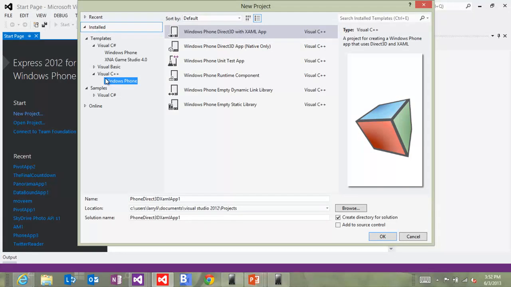We love XNA, and we wish that the teams that own those sets of technologies were going to continue to evolve them. We're going to maintain and support them as long as we can from an app compat perspective. We have them in the Windows Phone 8 SDK, XNA, but we knew that we had to beef this up with something that was more accessible for a larger range of game studios and game developers. And that's why we knew we had to go to D3D.